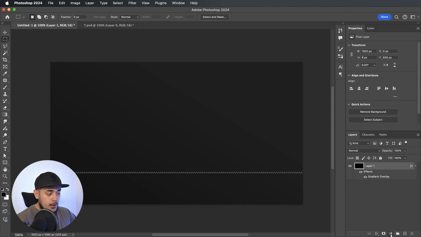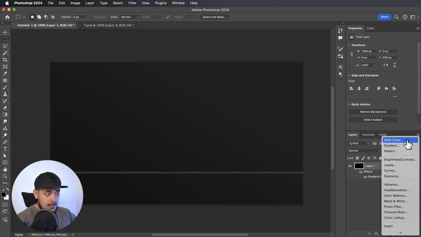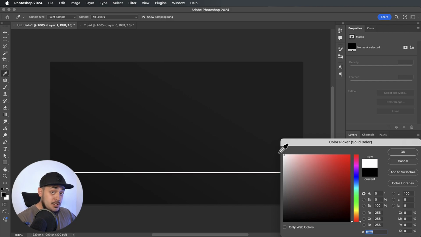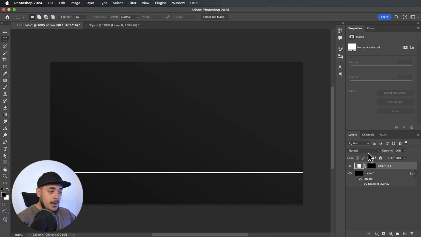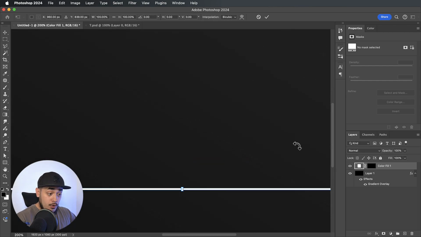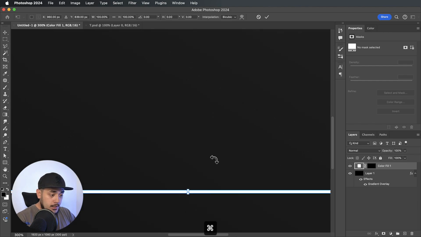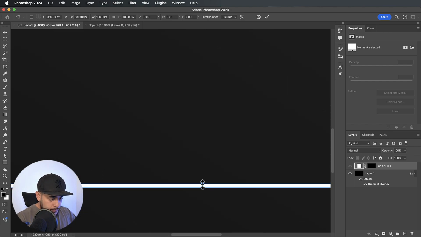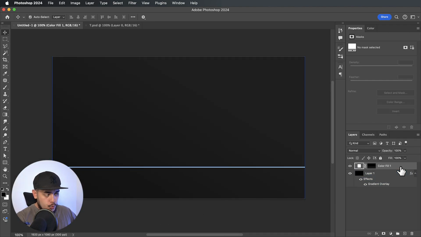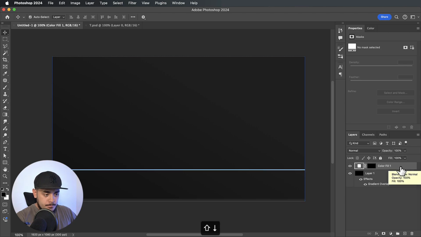So let's go ahead and click on the adjustment layers now, and let's click on solid color like so. And then we're just going to change the color to pure white. Let's click OK. And from here we can press Command or Control T and resize this to the size, or the thickness rather, of the line that we would want. So I'm just going to zoom in here, and I'm just going to maybe decrease the size to something about 5 pixels like so. With the layer selected, I'm just going to quickly move it down a little bit like so